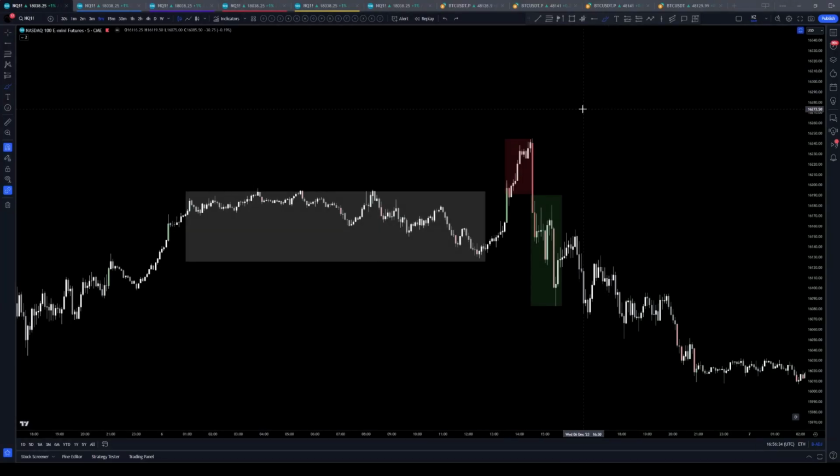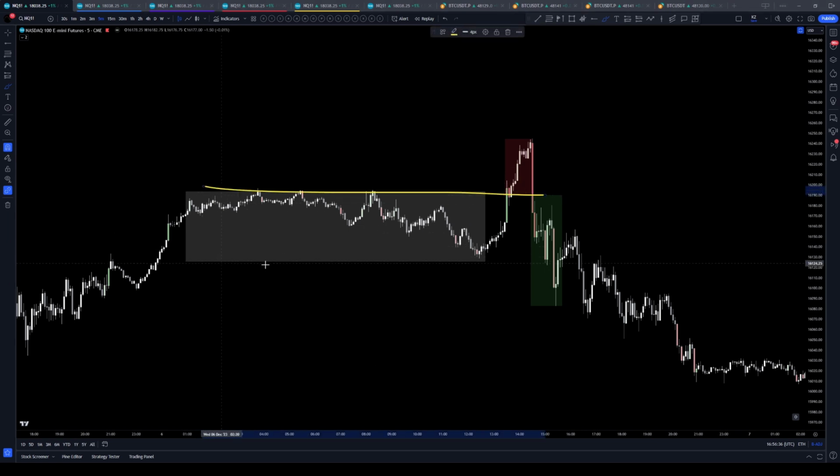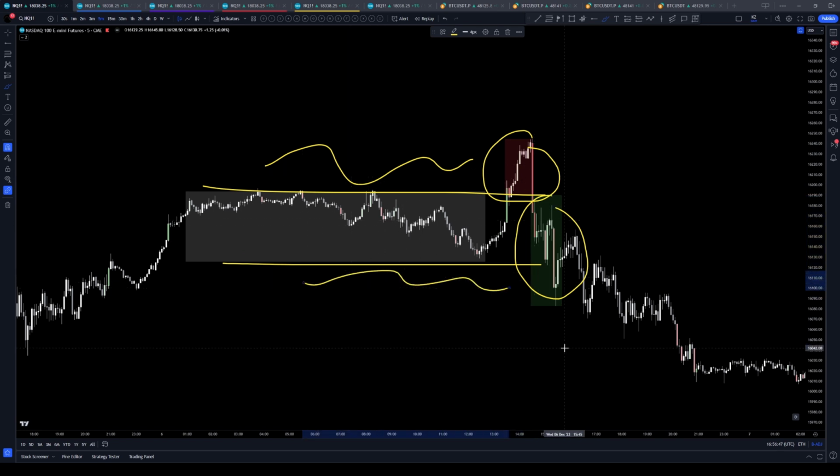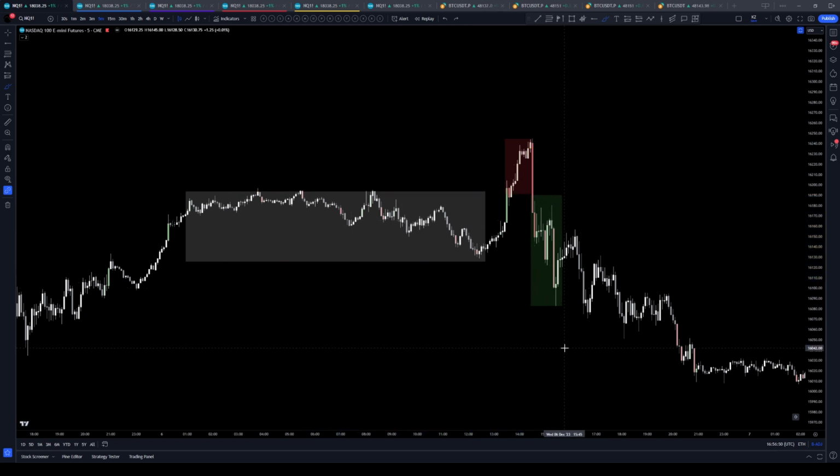Okay, so starting out with a bearish example here, we have our accumulation range. We then have that manipulation up. We take out some liquidity above here. We suck in some late longs, and then what happens? We distribute onto the other side and we take out the liquidity. So as you can see, this is a really great model for